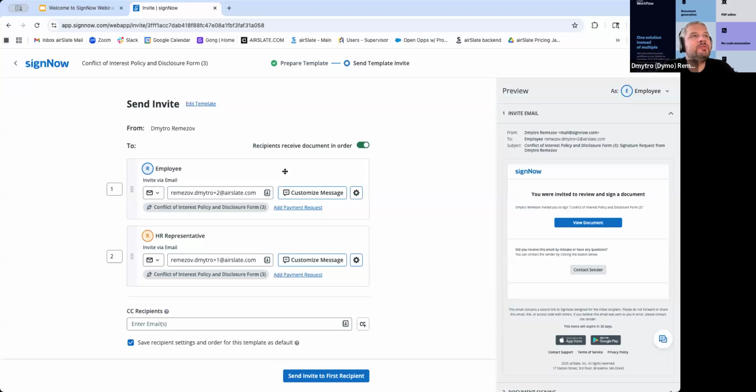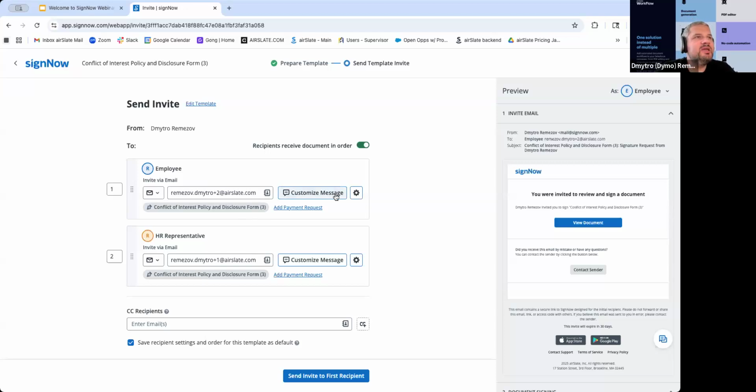We would be able to show, for example, document number 1 only to the employee, but the 2 documents we would be able to show to the second signer. So they would review 2 documents, or they would review only the second document. So again, you may be free to define your flow